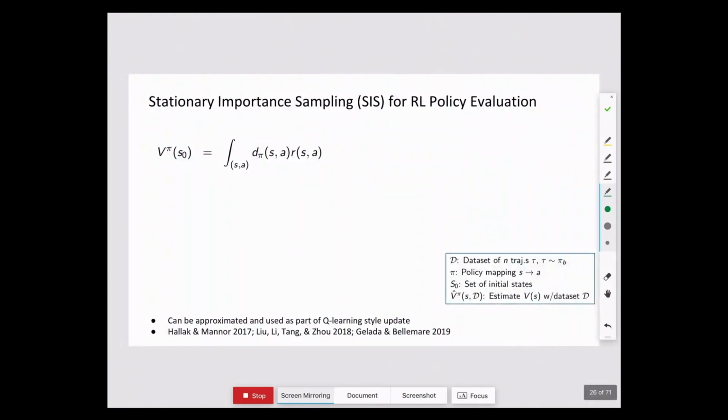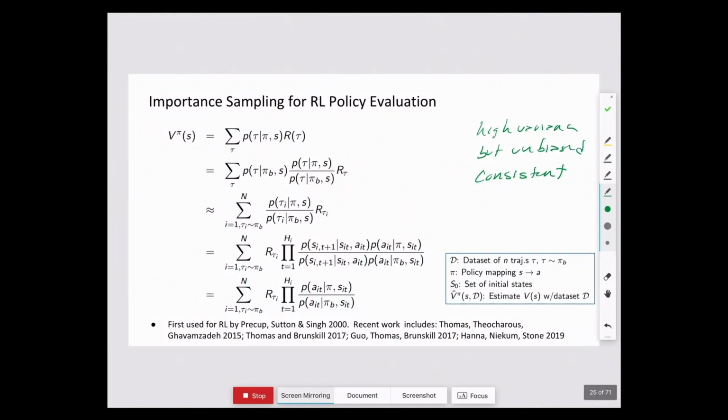All right, I want to highlight one of the recent nice innovations: thinking about how we get rid of this really high variance. I think this issue has prevented off-policy evaluation using importance sampling from being used as much as we might hope. There's been a few different groups that have been thinking recently about a different way to pose importance sampling in the context of sequential decision-making by leveraging some of the Markov structure.